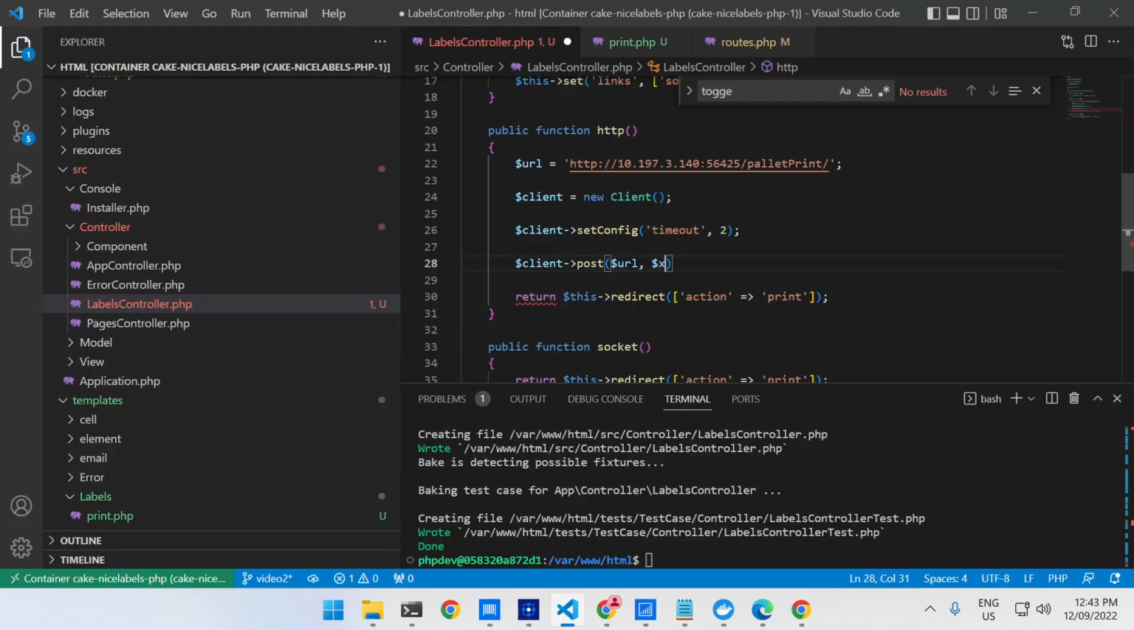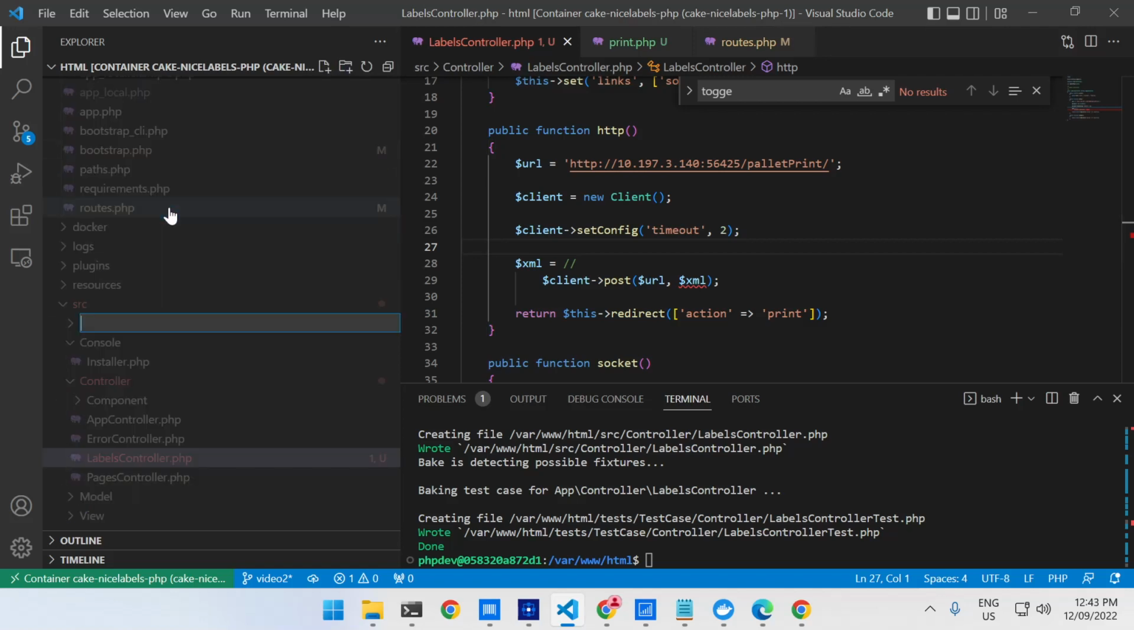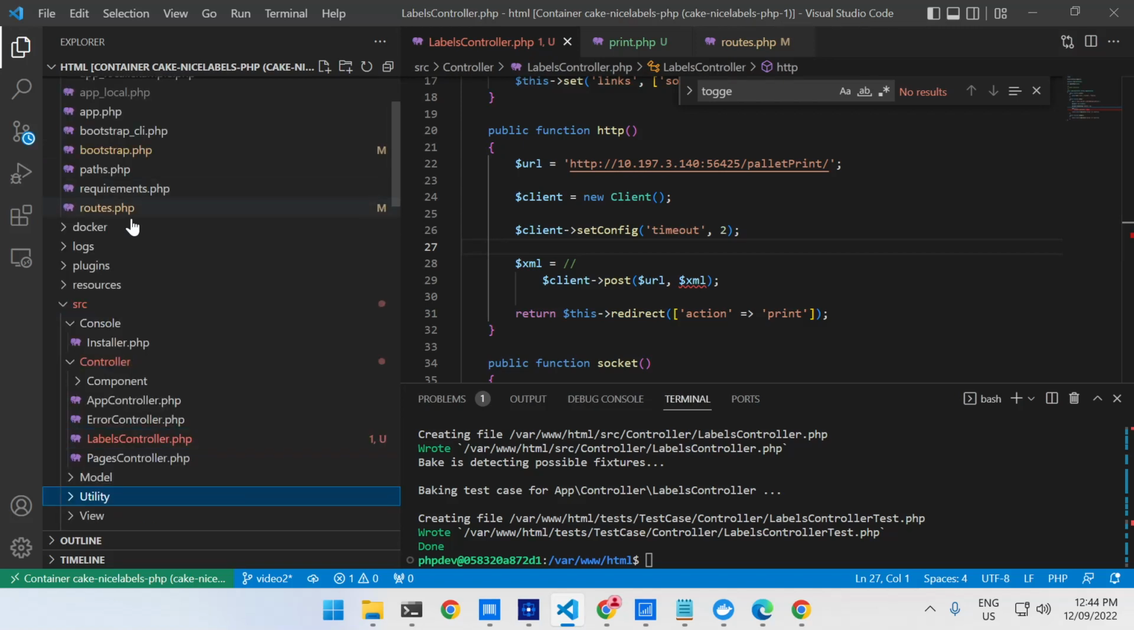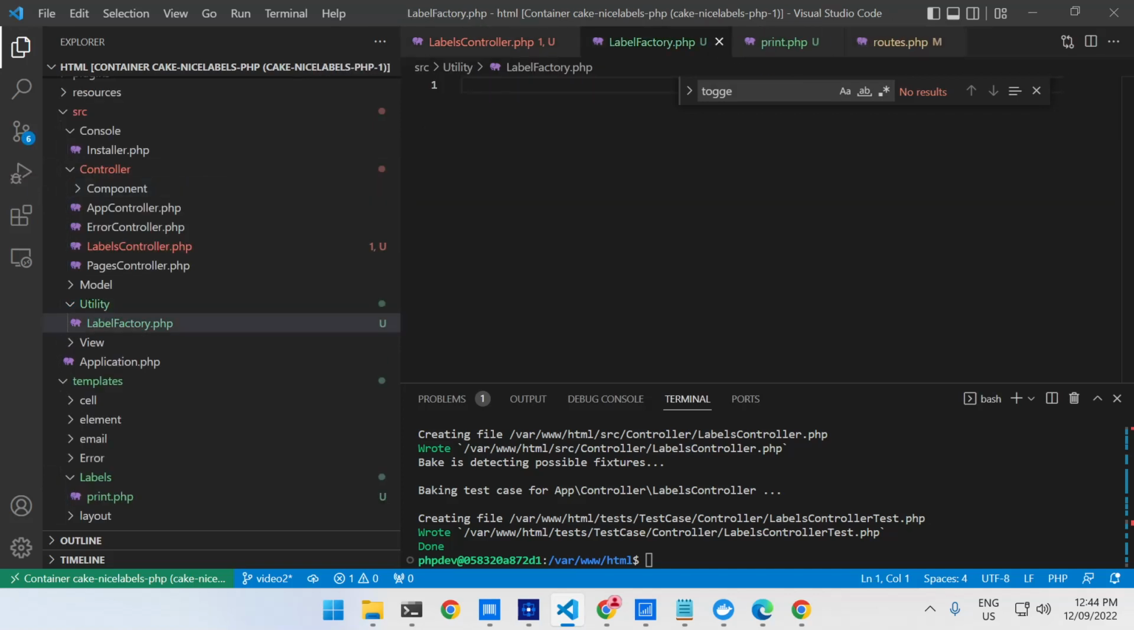So we know that we want to submit XML to this endpoint, so we're just going to define XML there, and then we have to define XML that we're going to pull in. So firstly, to get to XML, well, it'd be nice to start with an array of data for a label. So I'm not going to type that out laboriously. I'm just going to create a utility directory, and then we can call it label factory.php, and then I'm going to paste in